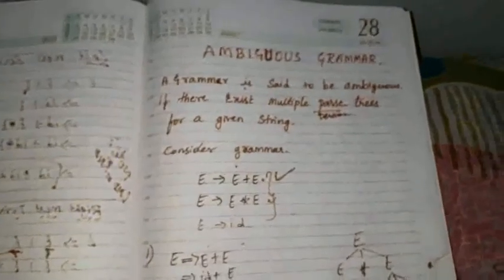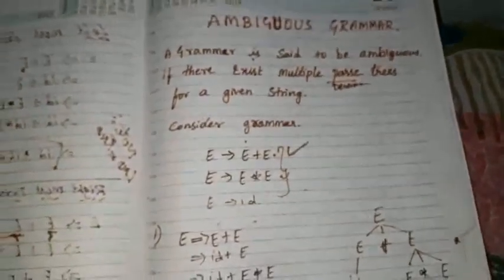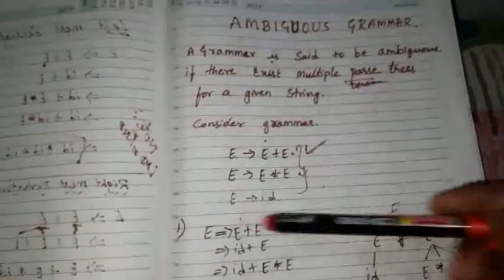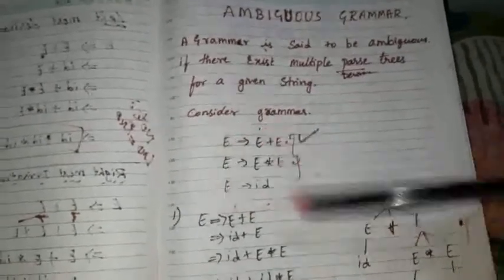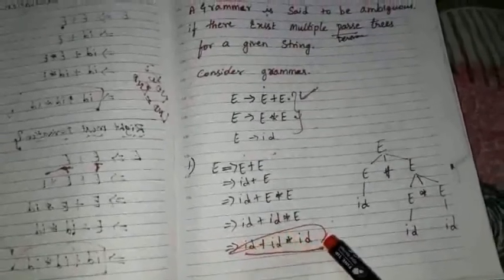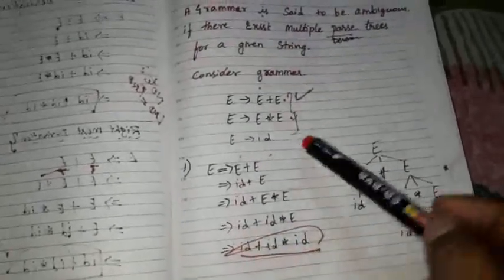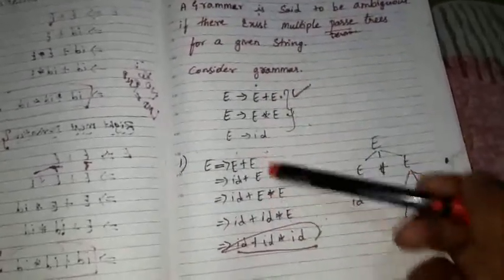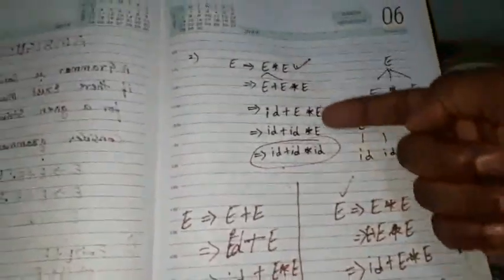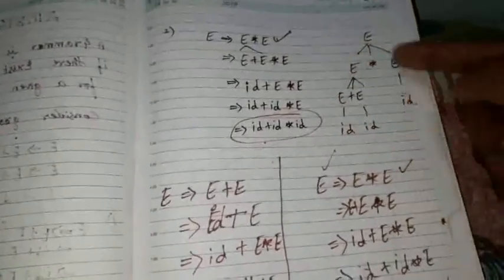Hi, in last class we have seen ambiguous grammars. So when do you say a grammar is ambiguous? Suppose I have taken a grammar here. For this grammar, I want to generate a string, and the generated string is id plus id star id. I can use these productions, and to get this string I have written a derivation tree. Similarly, the same string can be obtained by the other set of productions with a different derivation tree.